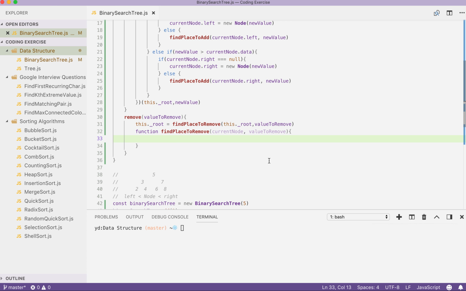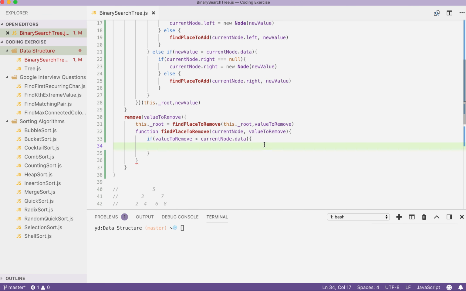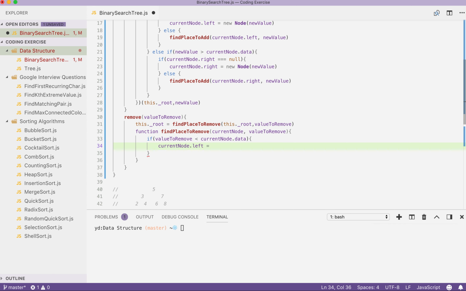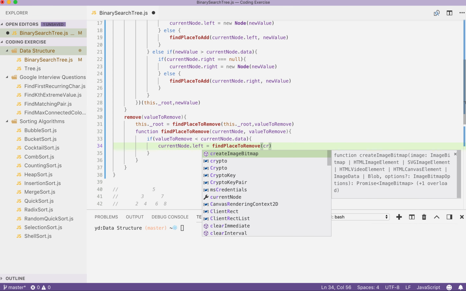Alright, so in here let's check the first instance. If the value to remove is smaller than the current node's data, then we should set current node.left equal to findPlaceToRemove, and pass in the current